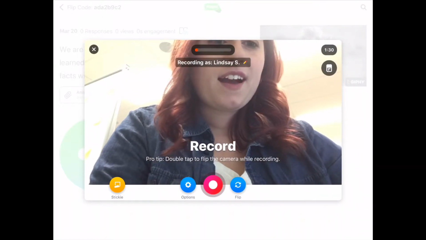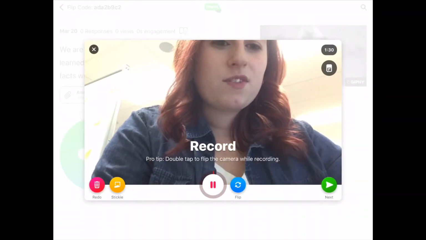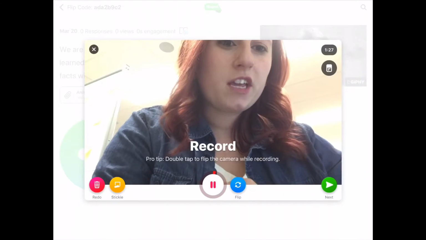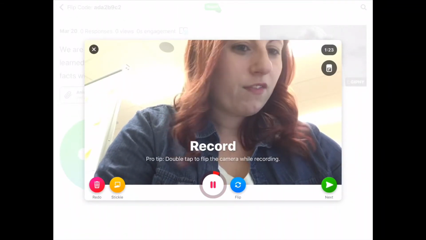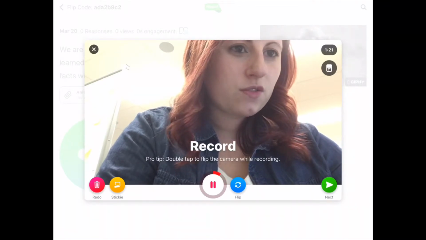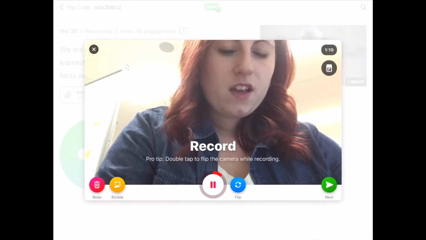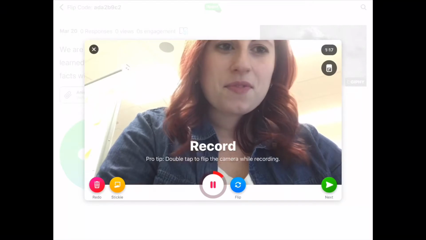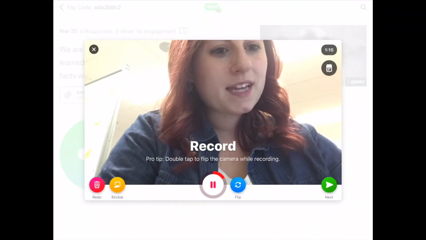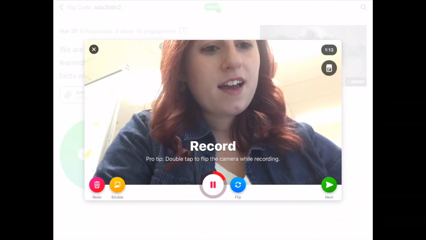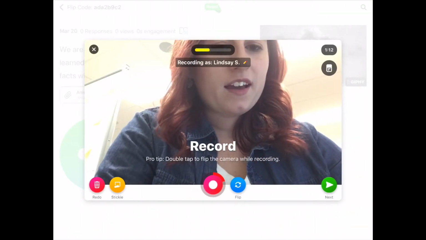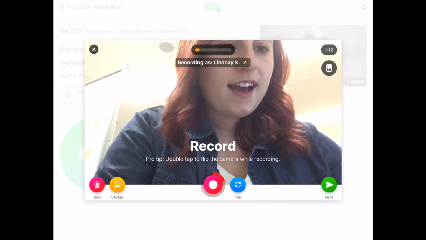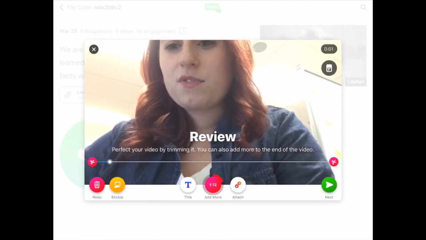So, I'm going to hit this red button, and you will see that the screen changed, and it'll give you tips on what to do to help you record. So, I will be sharing my 3 facts about my animal habitat, and when I'm done, I will hit that pause button. I can redo it, I can extend it, but if I hit next,